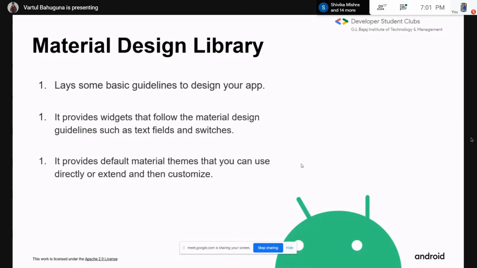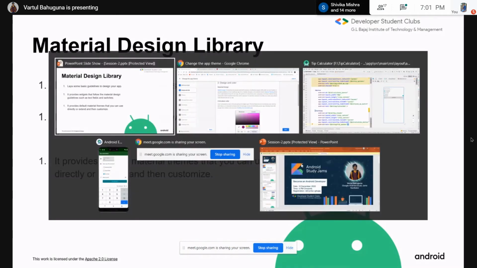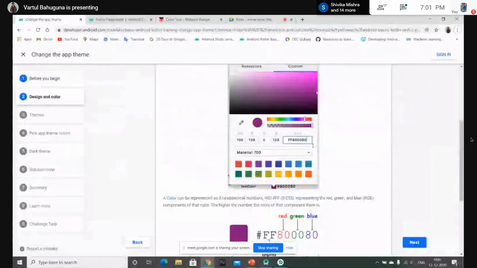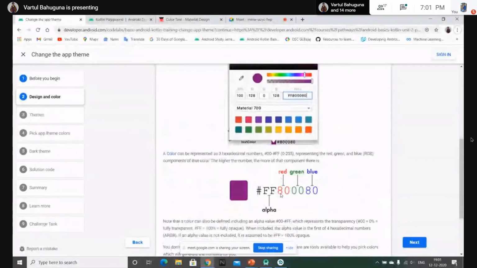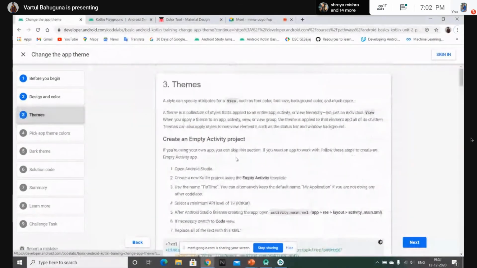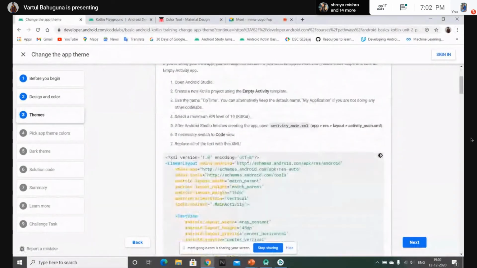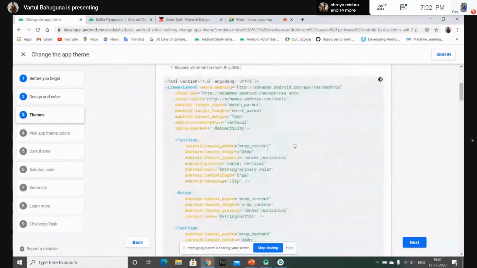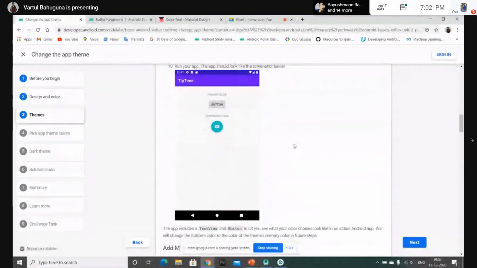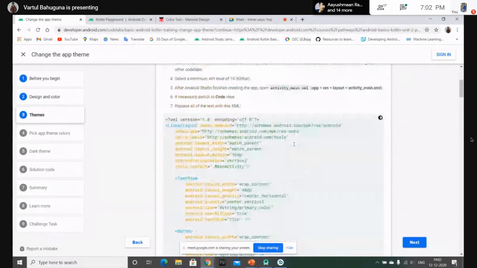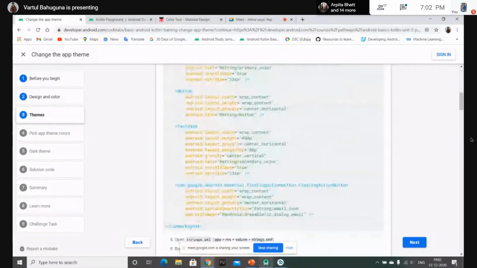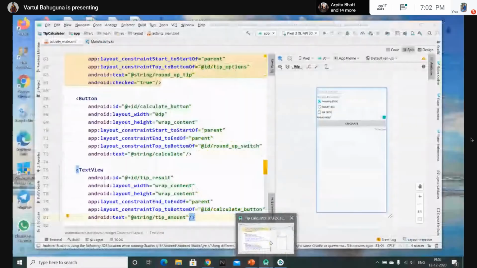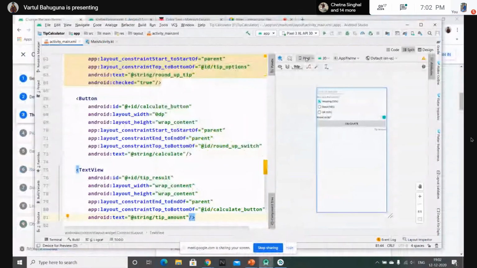Let's get back to our code lab. So here's a bit about the color coding, how the codes of the color work. Then moving on to themes. I would like you all to do the themes on your own, and I can also tell you something about the basics. Let me just change the view,